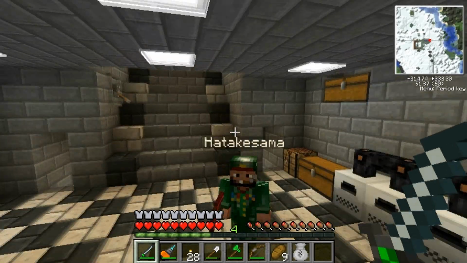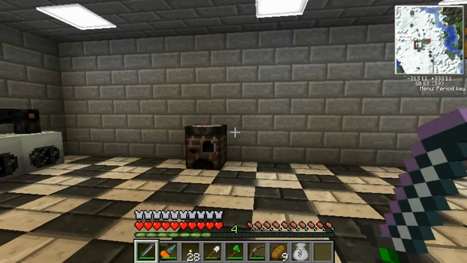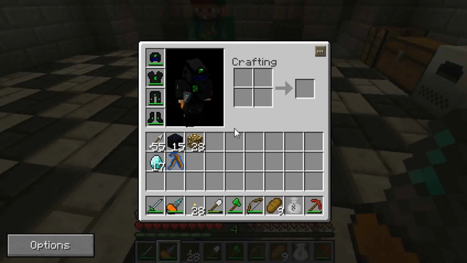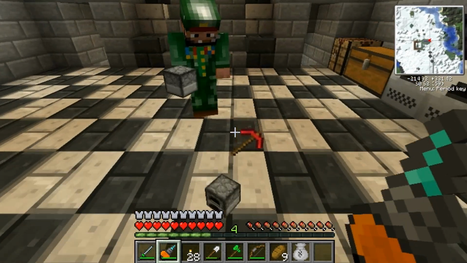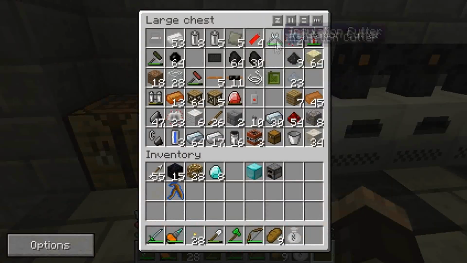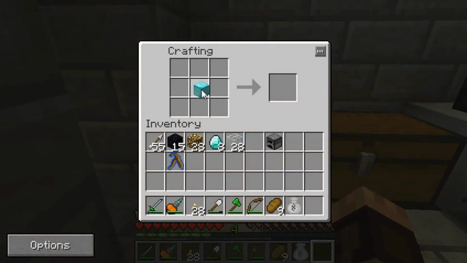Hey guys, today we have an advanced equivalent exchange video. Yeah, so we're going to show you a little more stuff on equivalent exchange. We're going to show you how to turn some things into diamonds. Yeah, and this is really the big part of equivalent exchange. Once you get to a certain point with this, you'll notice that you'll have a huge stack of diamonds. Yeah, this is really expensive to make though, so...